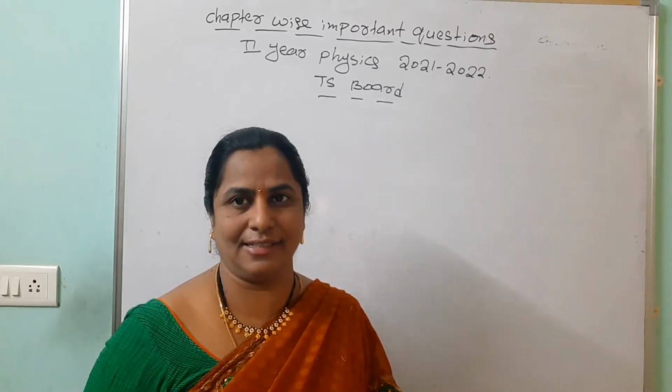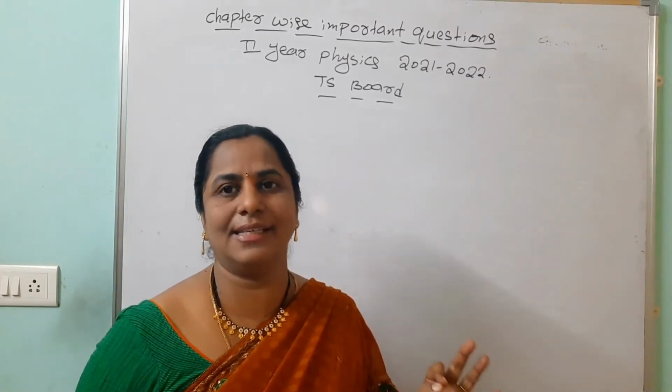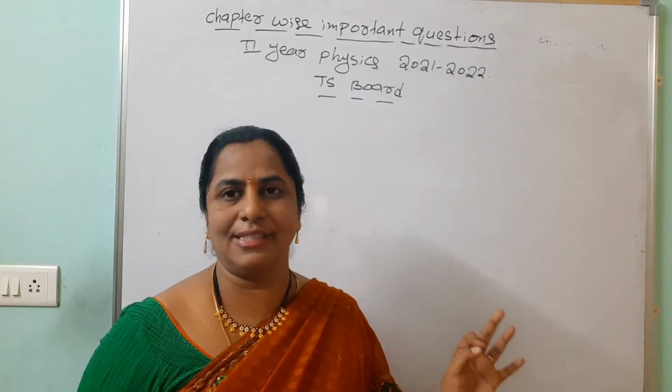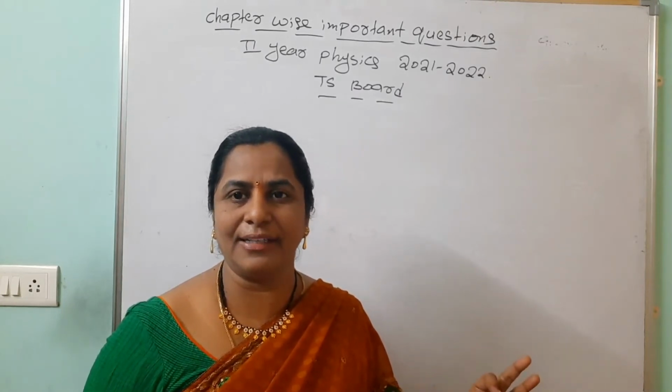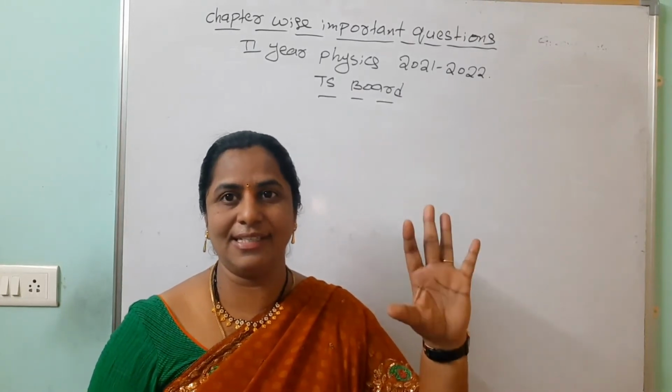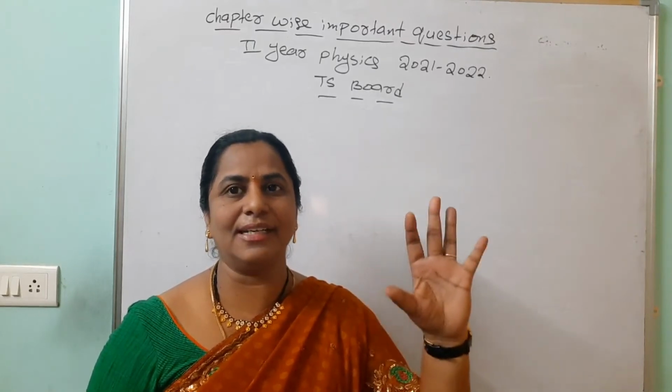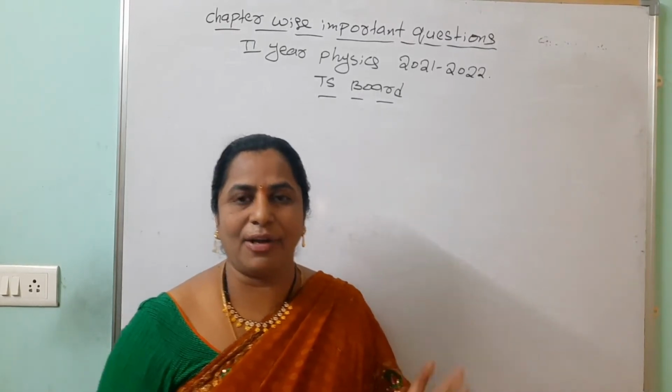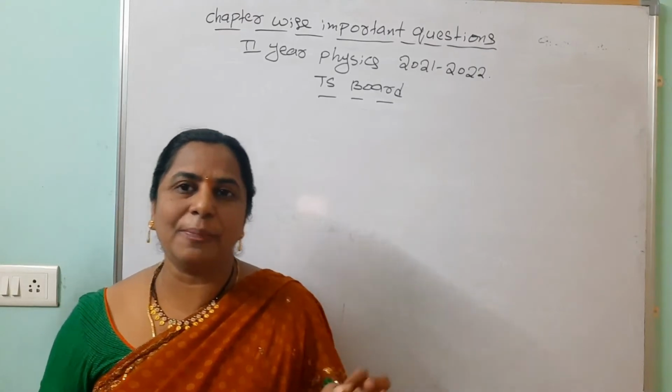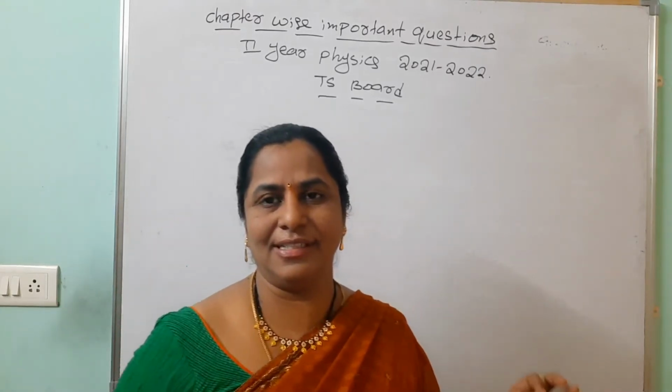Last one is Gauss's law. If you read these 6 SAQs, we can write 3 SAQs. Total 6 are there. Then the second one is the intensity due to a point charge. And one more thing I want to say to you: you should practice this electric charges